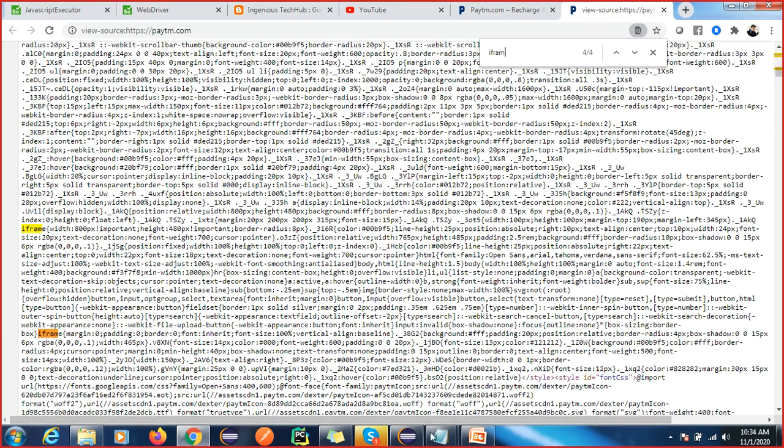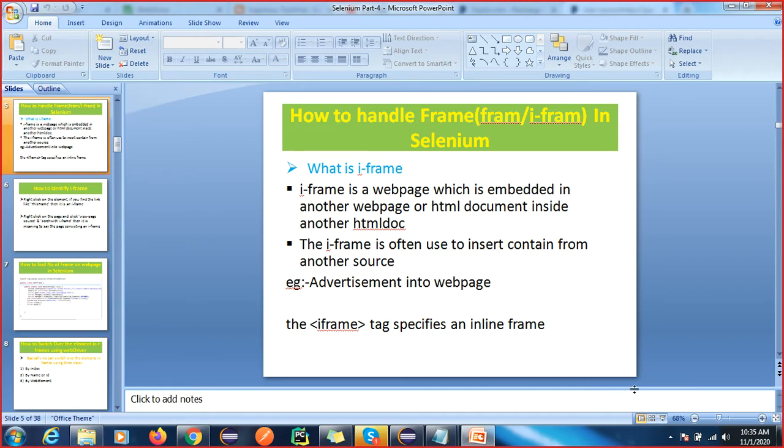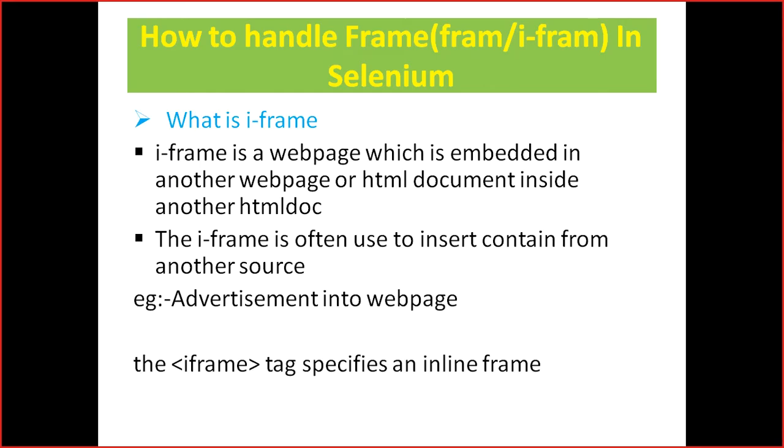Got it, right? So we are learning how to handle frames in Selenium, if they are available. So what is an iframe? An iframe is a web page which is embedded in another web page, or an HTML document inside another HTML document. If we do not switch to the frame, we cannot operate on it.